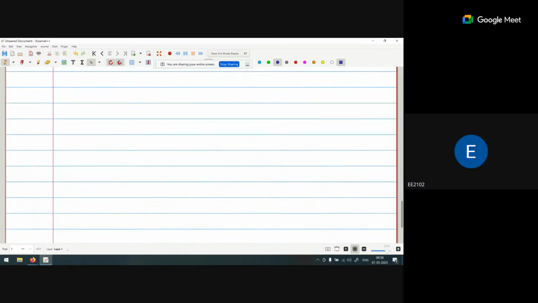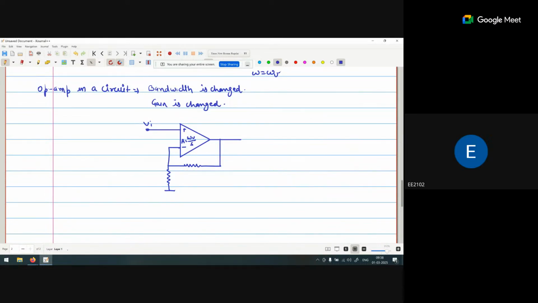So when we design a system that has a gain omega u by s,